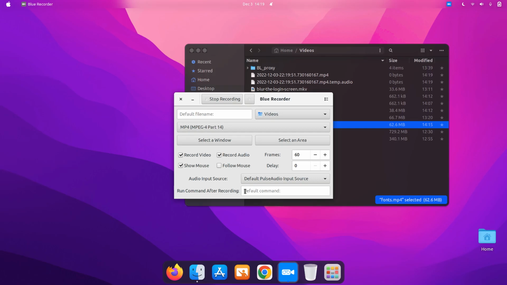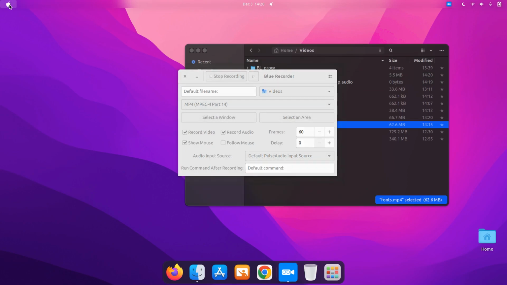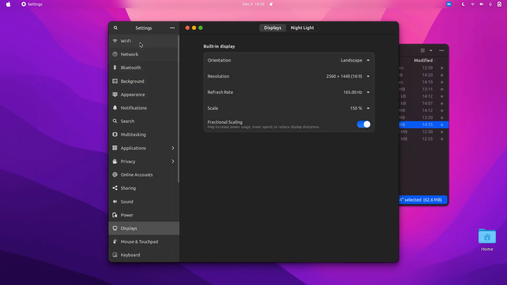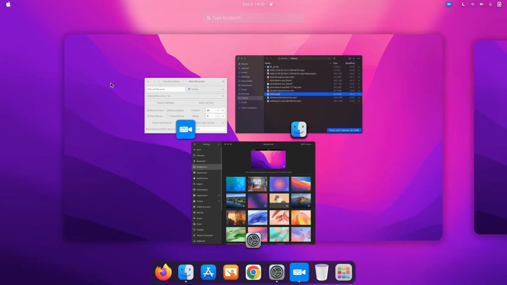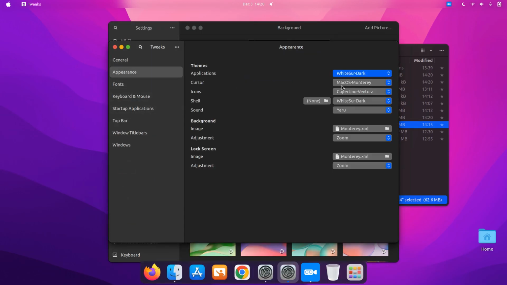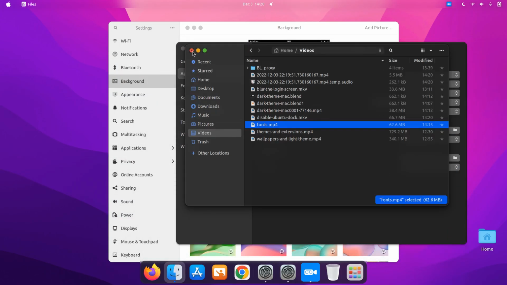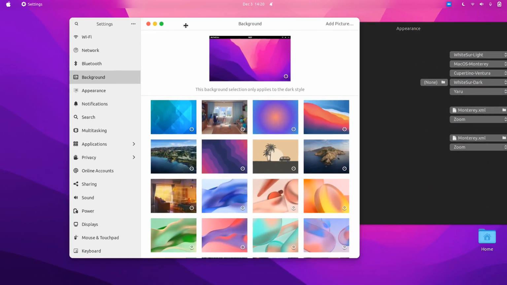Up to now, we've been demonstrating how to get a macOS looking dark themed Ubuntu, but what if you want a light theme? Well, you can also do that. So for a light theme, we can also just set the theme from GNOME Tweaks, but before that we actually need to change it back to Ubuntu, because if you directly change things in GNOME Tweaks like this, if you directly change this to white or dark, some of the windows will still be dark, like this, because I guess this is because